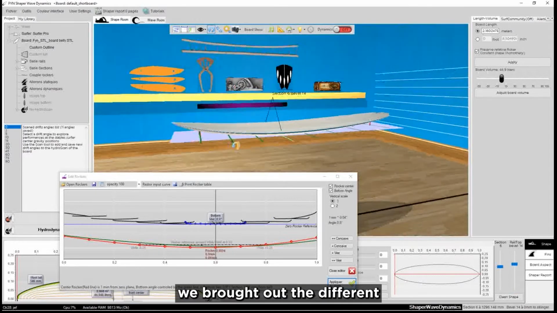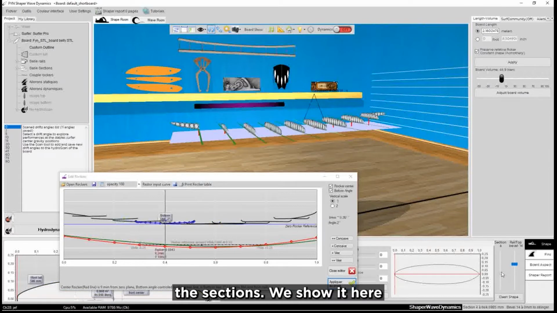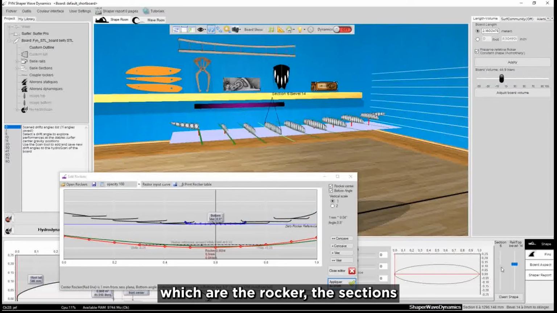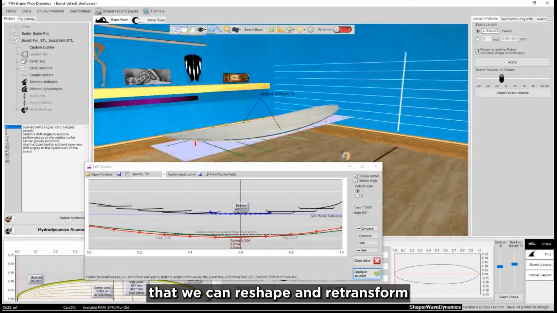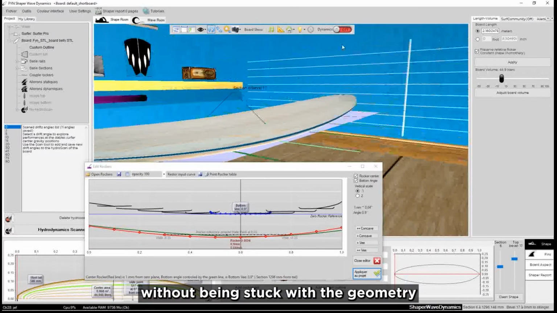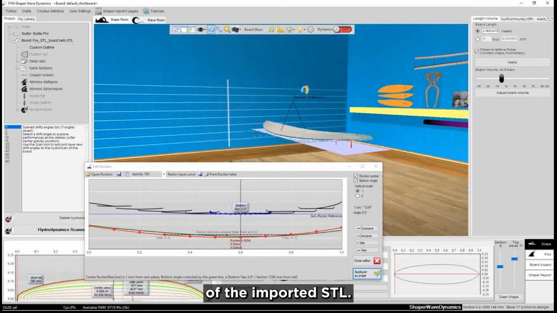We brought out the different important modules of the board, which are the rocker, the sections, and the outline, and we really rebuilt a board that we can reshape and retransform without being stuck with the geometry of the imported STL.